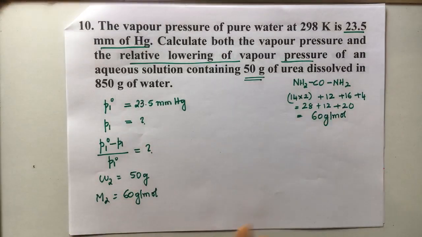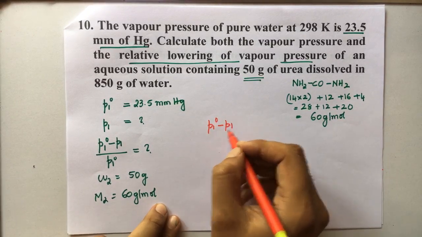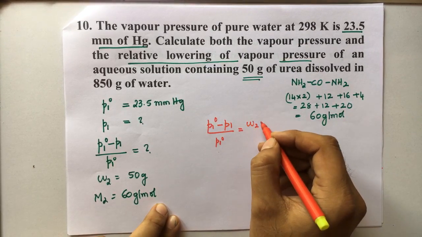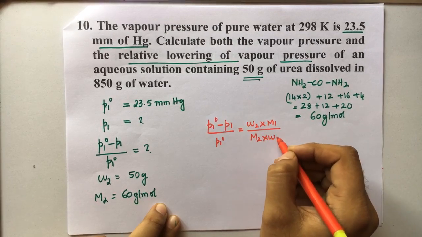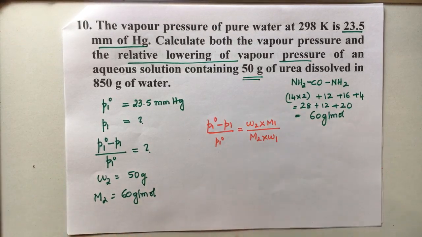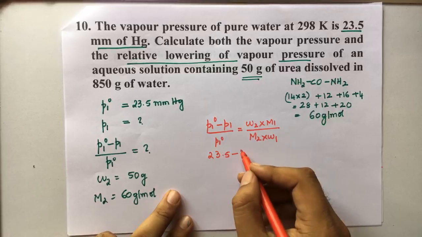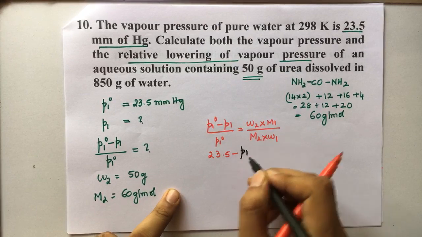Now you know the formula for relative lowering of vapor pressure. The formula is (P1 naught minus P1) divided by P1 naught, equal to W2 into M1 divided by M2 into W1. Let us keep on substituting all the things. We know P1 naught is 23.5, minus P1, which we need to calculate, divided by